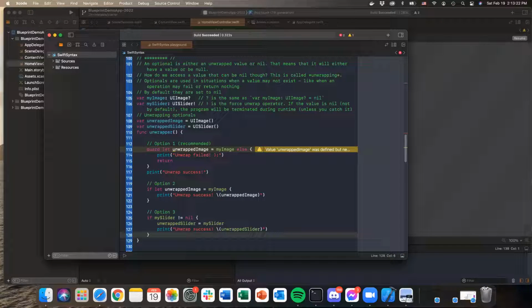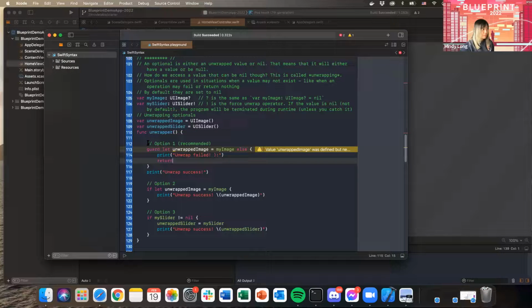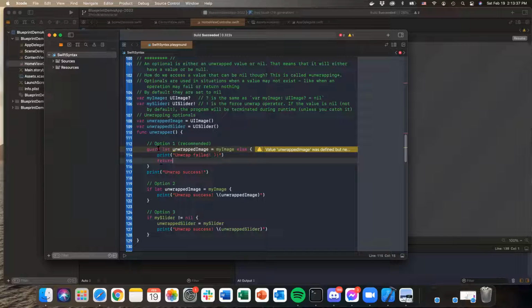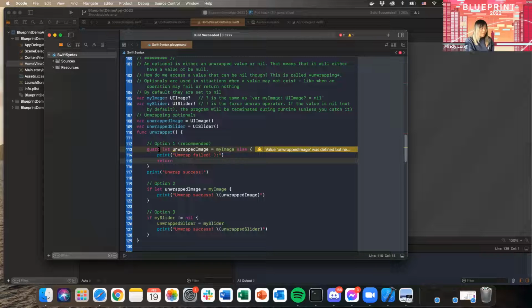Oh, can you talk more about unwrapped versus wrapped values? I'm still kind of confused with that. Right. So are you saying option 1 versus option 2, for example? Yeah. I guess, are optionals just used as a placeholder for something that is unknown, any variable type? Yeah. Essentially, they're just variables that can be nil. I wouldn't call it a placeholder exactly, but